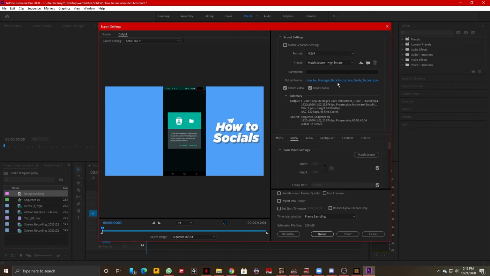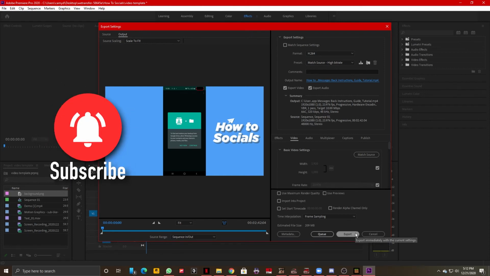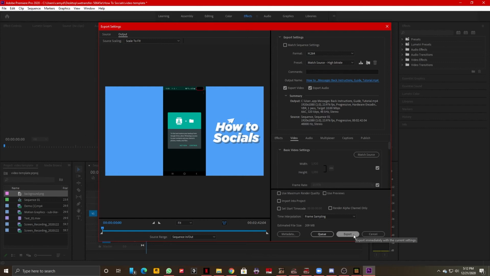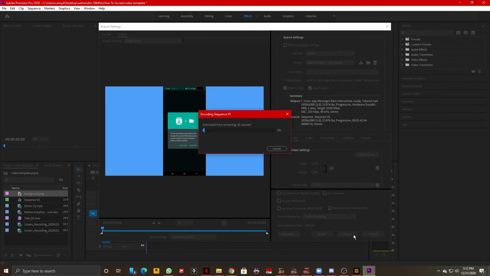So once you've entered the name, you should have selected both Export Video and Audio in order to have both video and audio on your video. Just make sure that all these settings are as you need them to be, and after you've done that, the only thing left for you to do is just hit the Export button, and now as you can see, the